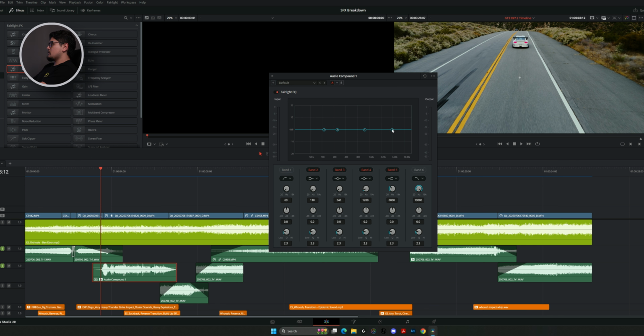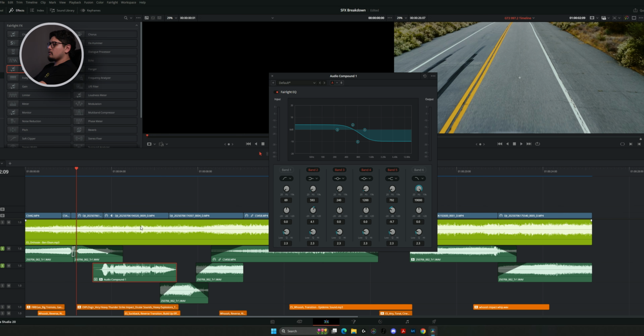What I like to do is grab number 5, drag that down and slide it to the left, maybe around 800 or so. Then I like to grab number 2, slide that up and drag it to the right till we get this sort of S curve. And this should basically get us that muffled sound effect. So if we hear the exhaust audio now,